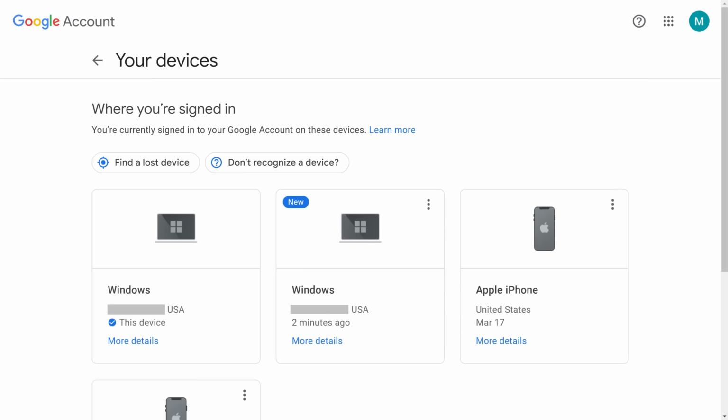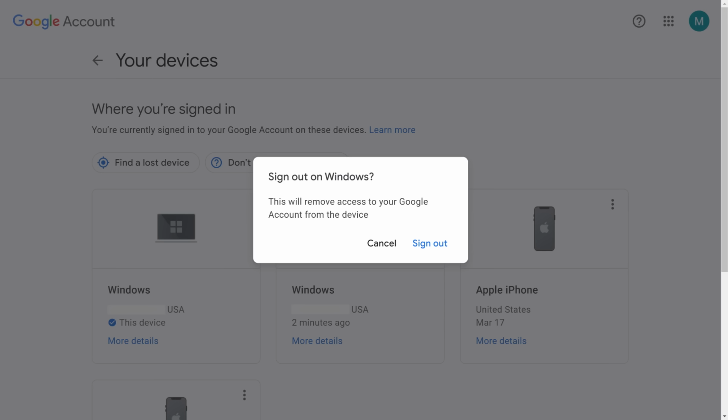Step 4. If you want to sign out of any of these devices, tap the ellipses in the upper right corner of that device summary to open a menu, and then tap Sign Out in the menu. A window appears asking if you want to sign out of this device. Step 5. Tap Sign Out in the window to confirm that you want to sign out of your Google account